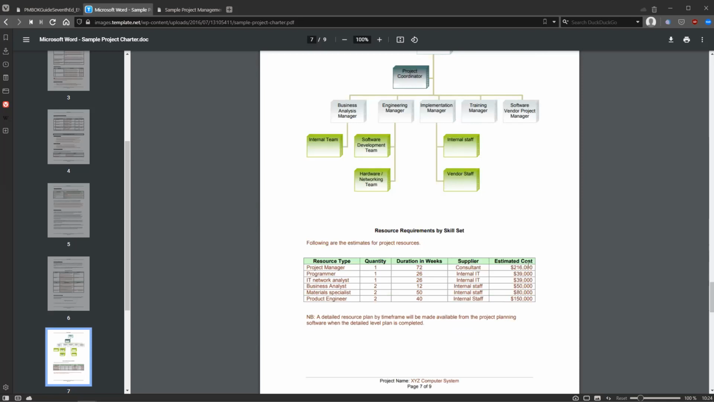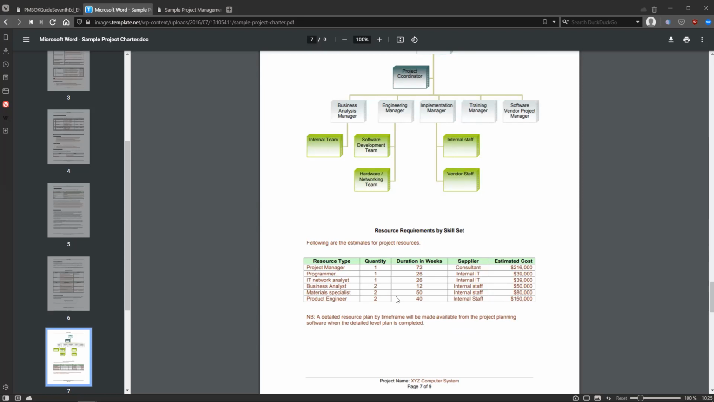Resource requirements, again, are very rarely known, but it's quite possible that the organization is structured and has specific roles for specific projects, so it's possible to document resources early in the project charter. And it's not going to be specifically just people. It can be resources in terms of